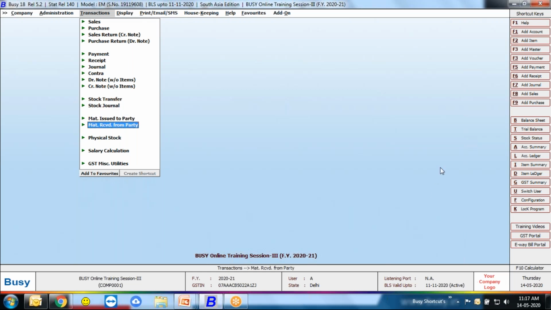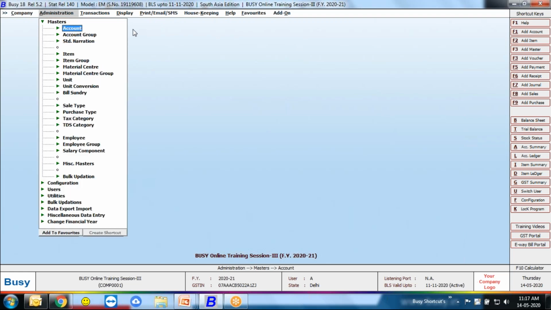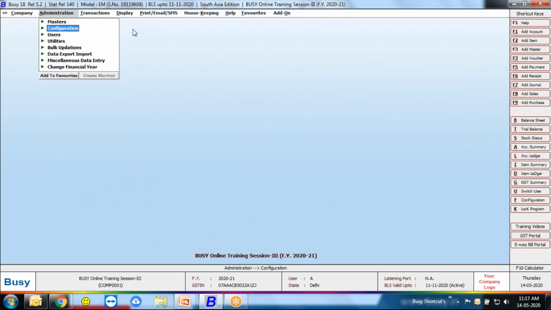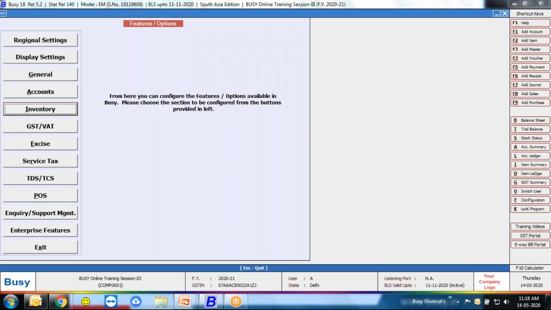In today's session, first of all, our topic is bill of material, which means the manufacturing process. What is the manufacturing process and what is the concept of bill of material? Bill of material stands for BOM, and to create BOM, we need to go to the administration menu, masters, and add configurations, features and options, inventory.